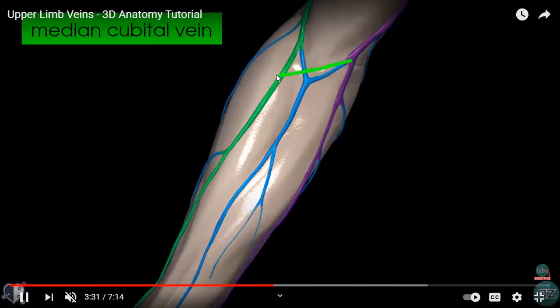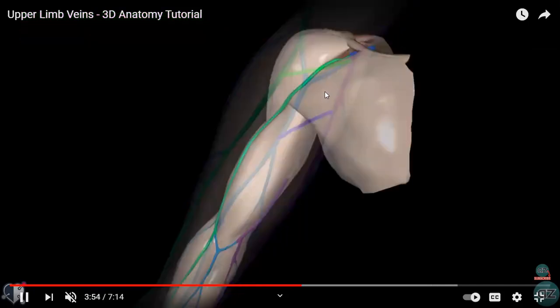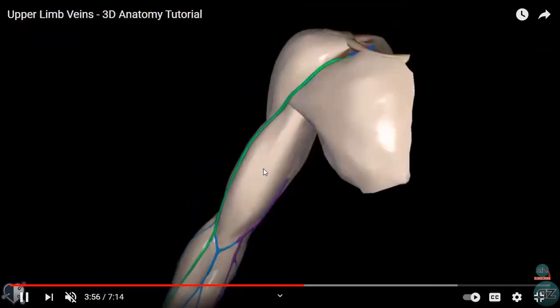So this vein, which is just connecting the cephalic and basilic veins, we call the median cubital vein. The direction of blood, how is it? From the cephalic to the basilic. The direction is upwards and medially. Right? Sometimes there is a variation you may find here also: the median cubital vein between the median vein of forearm and this basilic vein. Very rare. Of course, veins will have a lot of variations.